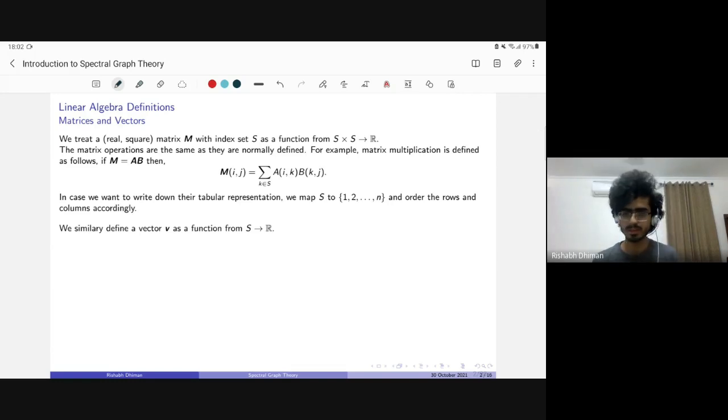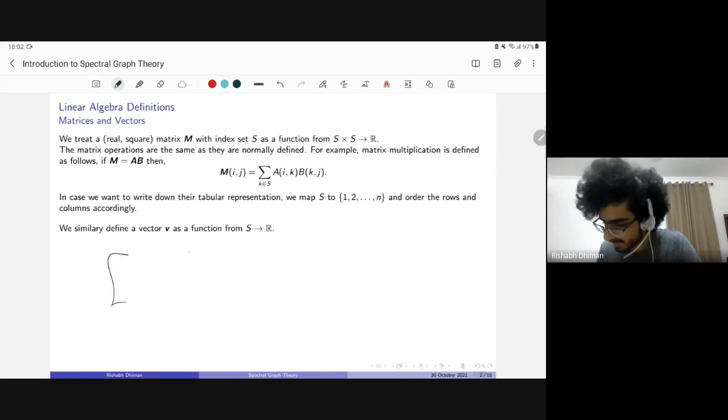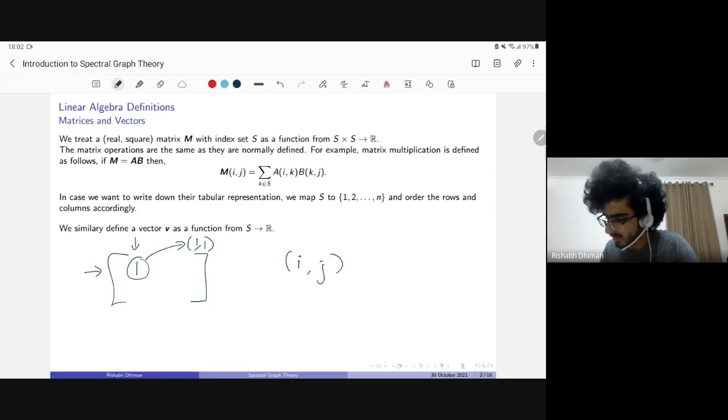So, what you can do is change the index set. For example, generally I map some number here to a row position and a column position. What I can do instead is map each number to some pair. So here I'll map it to the location 1 1. You can in general just map it to some element ij, where both i and j are in some set S.